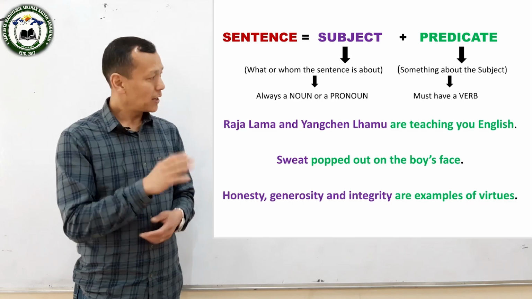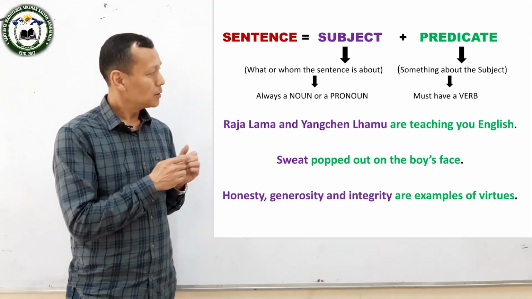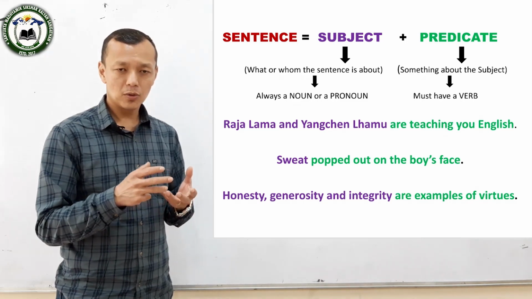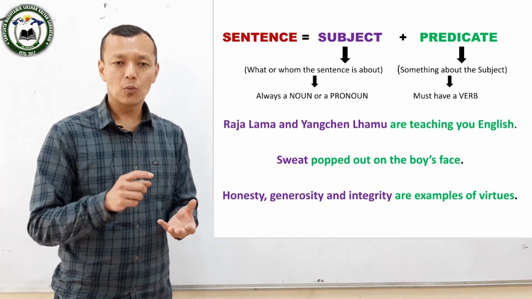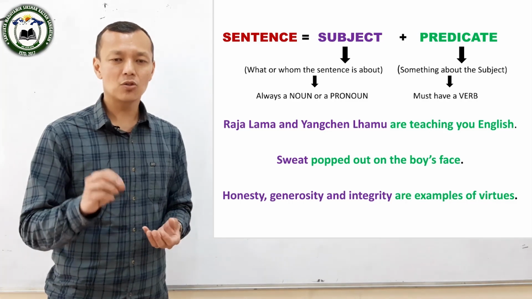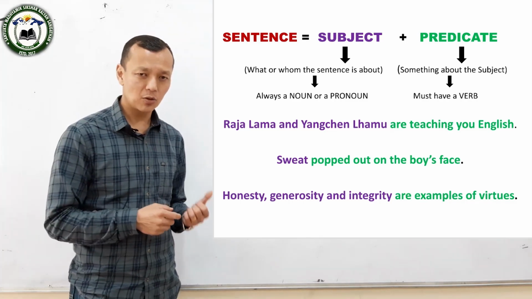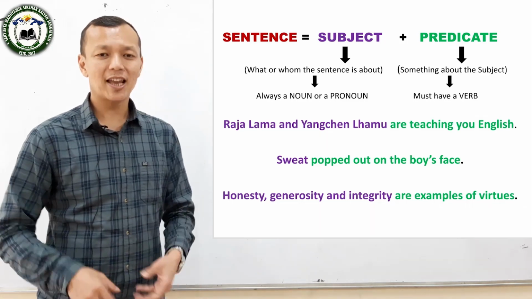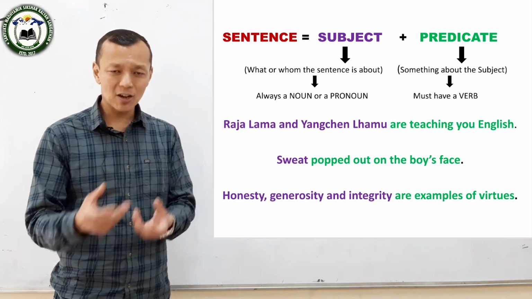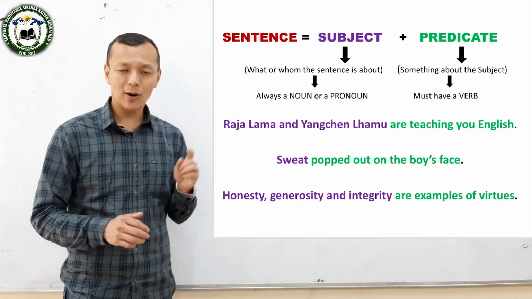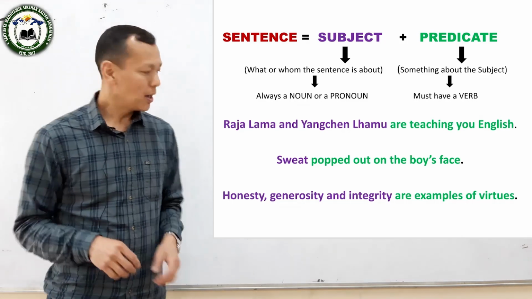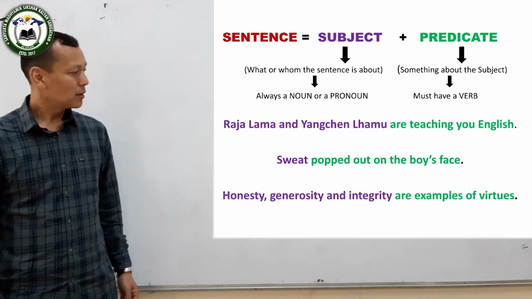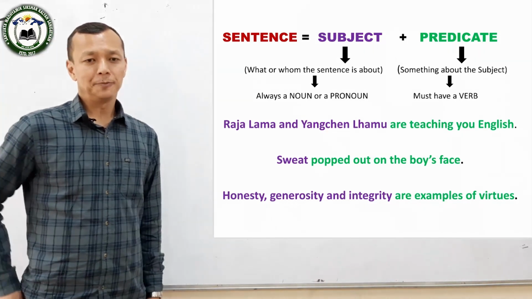So again, subject, that part of the sentence which indicates what or whom we are talking about in the sentence. It is either a noun or a pronoun. And the predicate part of the sentence is what we say about the subject. Subject ko barema je kuraharu bhanincha, that is called the predicate, and one word in the predicate must be a verb. Now there are those three examples I have